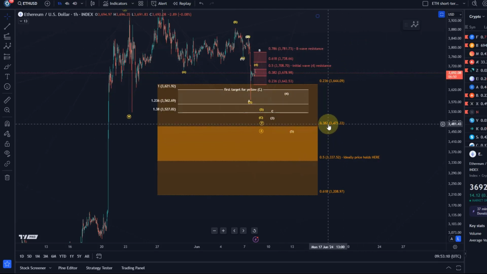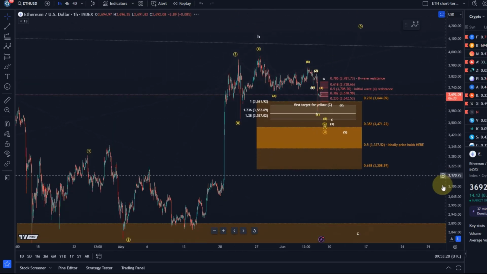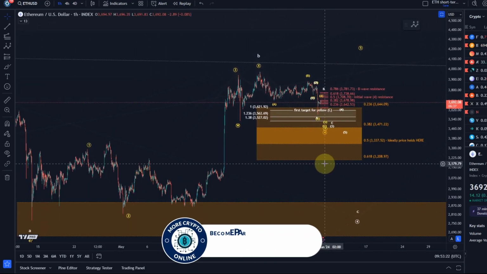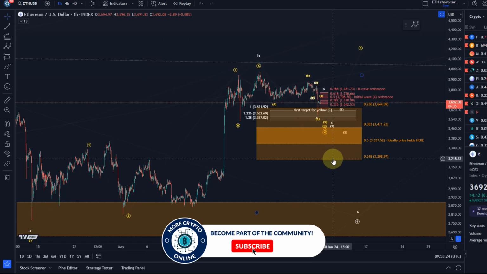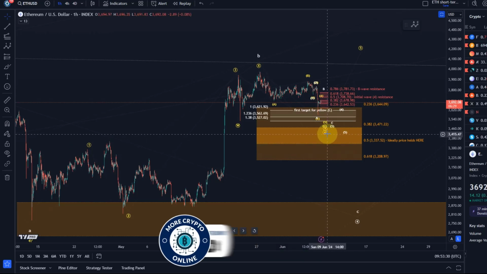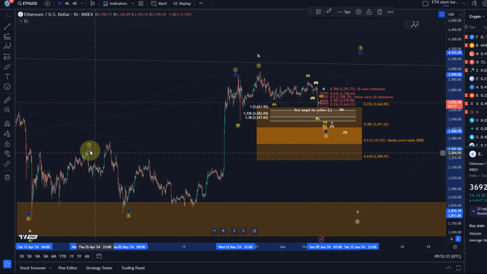The 38.2 Fib level is normally the ideal target for a fourth wave. The 50% is okay. The 61.8 is already deep. But because this could be a diagonal pattern that's happening here to the upside, I have to consider the golden ratio level as well, even though I don't really like that as a wave 4. But we often have it that in diagonal patterns, a wave 4 and a wave 1 overlap. And that would happen if the price breaks below the 50% Fib level, okay? But still it would indicate weakness.